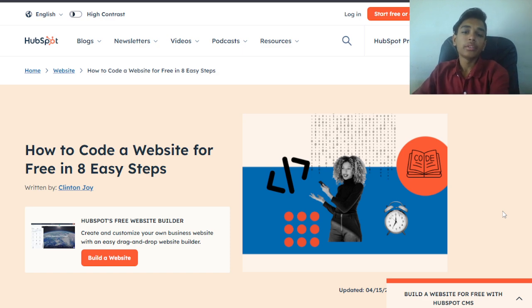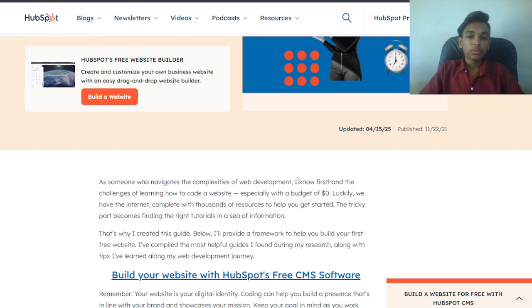How to code a website for free in 8 easy steps. As someone who navigates the complexities of web development, I know firsthand the challenges of learning how to code a website, especially with a budget of $0. Luckily, we have the internet, complete with thousands of resources to help you get started.